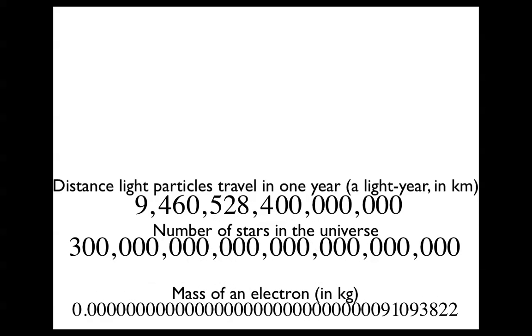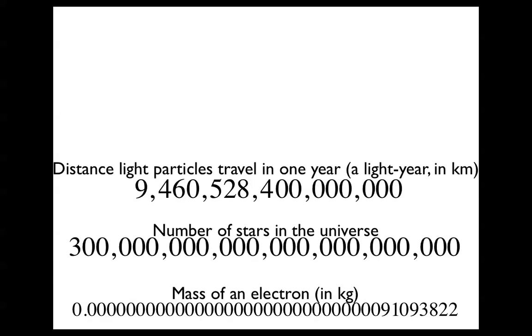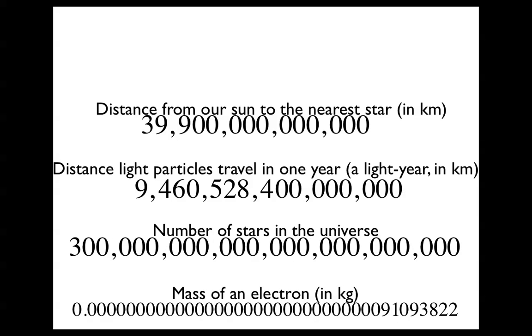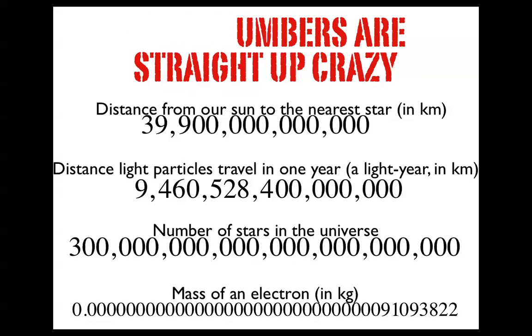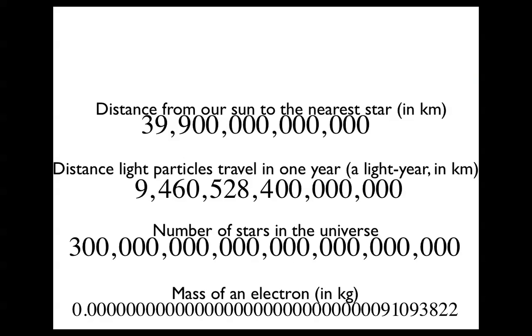Numbers that are kind of inconvenient to write out. Here's another example. The distance that light can travel in 1 year is called a light year, and in kilometers, that's a huge number of kilometers. Or the distance from our sun to the nearest star in the universe. Okay, we're talking humongous numbers, and when you think about it, these numbers are just crazy. Our brains can't really comprehend numbers this huge and numbers this small, and numbers like this that take a lot of zeros to write out because they're so big or because they're so small are kind of tricky to deal